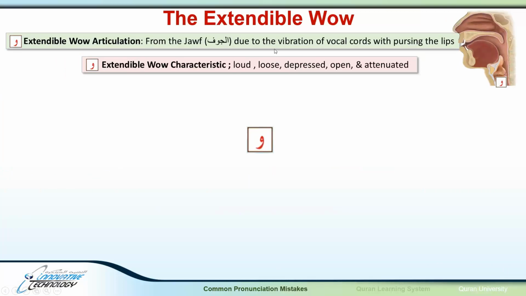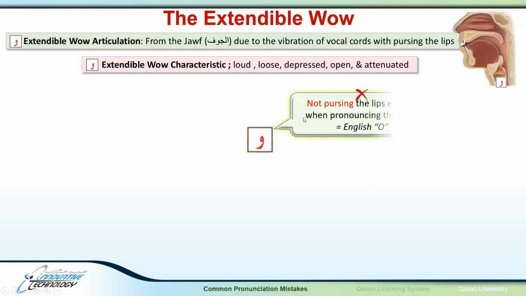Now the vowel wow, again, is articulated from the jawf due to the vibration of the vocal cords with pursing of the lips, and it's characterized by being loud, loose, depressed, open, and attenuated. The first mistake is not pursing the lips enough when pronouncing the wow, so it ends up sounding like the English O. An example is تعلمون, while the correct way of pronouncing it, as we hear it from